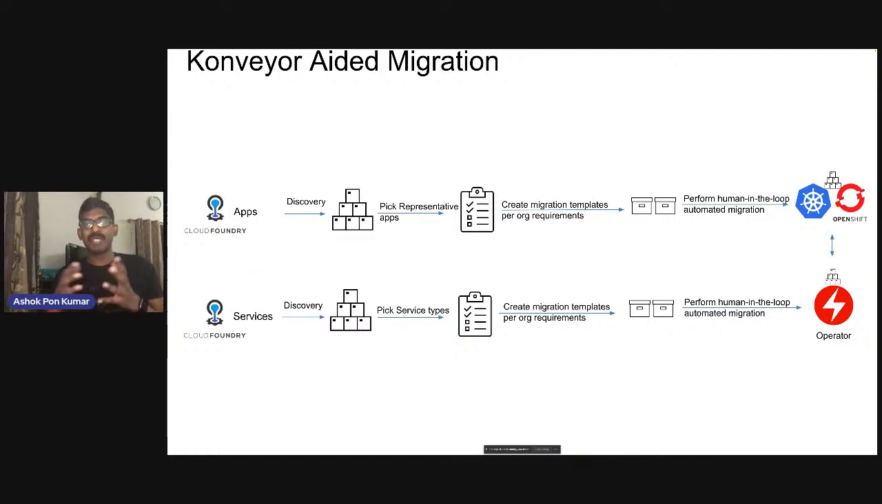So when we work with our clients, what we generally do is we pick 3 or 4 apps that are representative of the entire catalog, and then give them to Move2Kube. Move2Kube will automatically analyze them and create all the destination artifacts. And once it generates all the destination artifacts, the users can look at them and see, okay, this is fine,